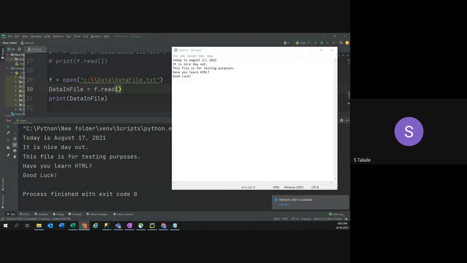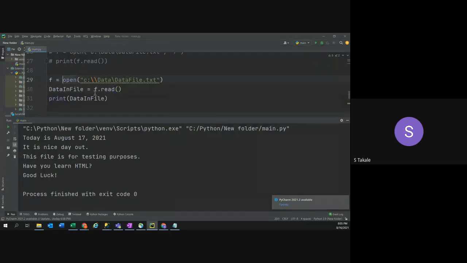I will show you how to read one line at a time, and then how you can stop. So let's do it here: instead of this, if I say readline